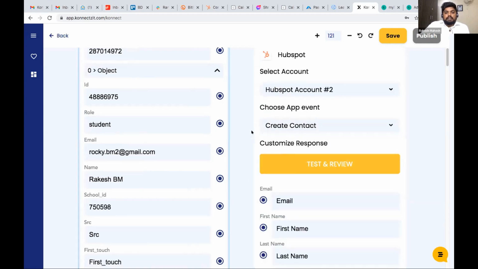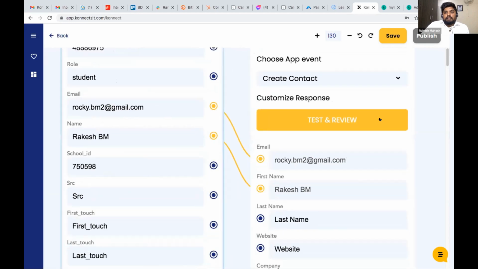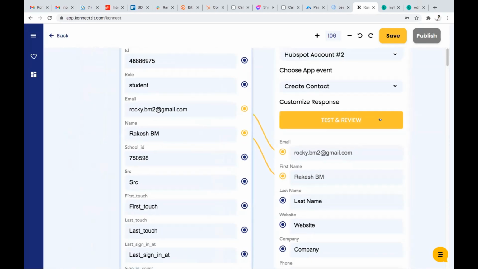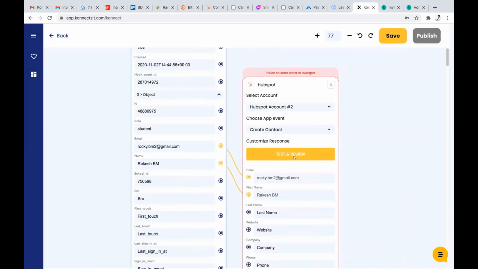That's it. Right, okay, cool. So that means basically when a user signs up for a Teachable student account under Teachable, that gets funneled to your HubSpot CRM. You could do the same thing similarly.